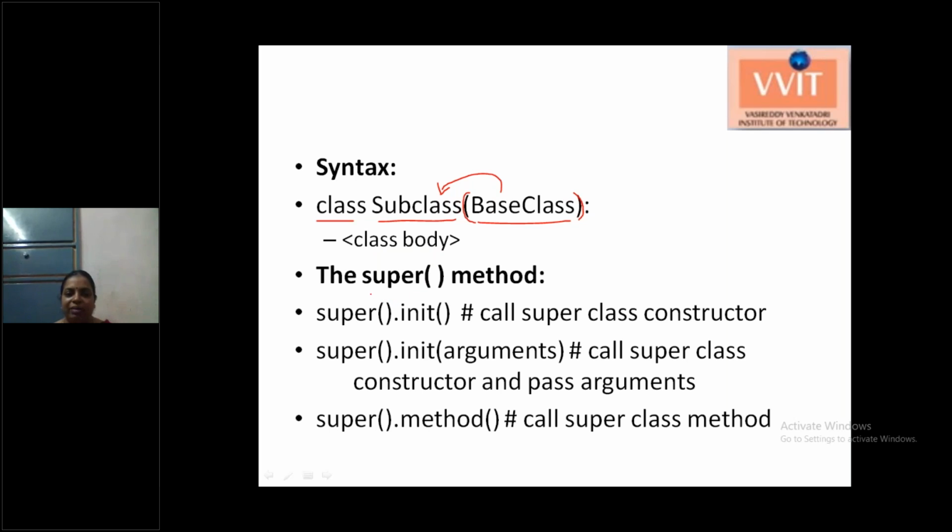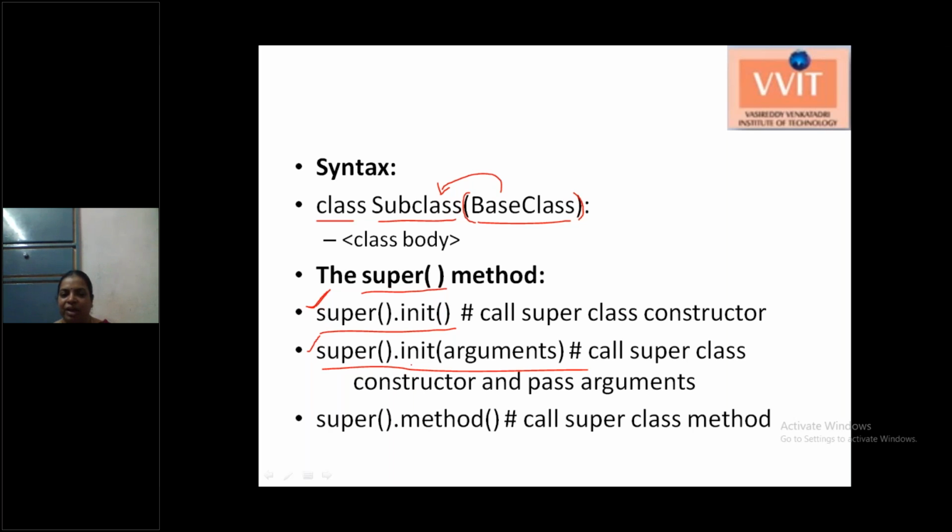Here we have one special function, the super function. This method is especially used to access any method or any variable of a base class. You can use super().__init__(), which calls the constructor of the base class. The first one calls the constructor without any arguments; it only has the self parameter.